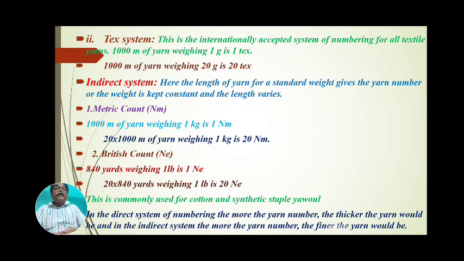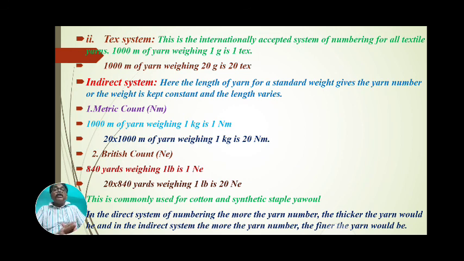This is the internationally accepted system of numbering of all textile yarns, the Tex system. Where 1,000 meters of yarn weighing 1 gram is 1 Tex,